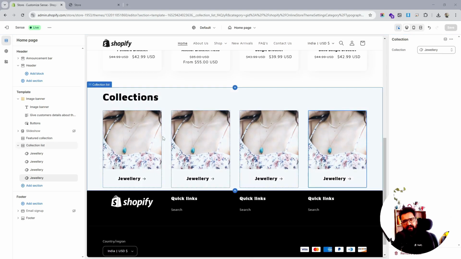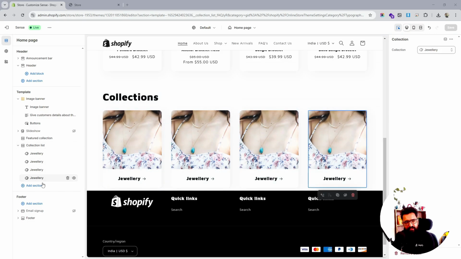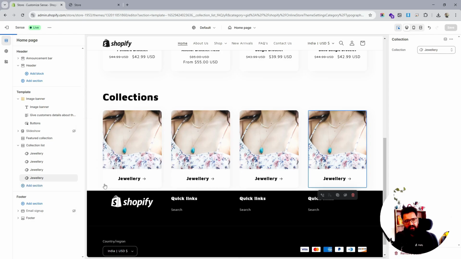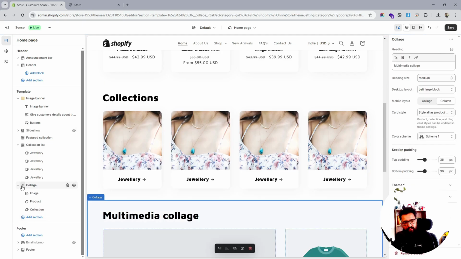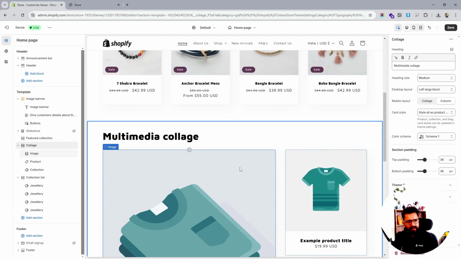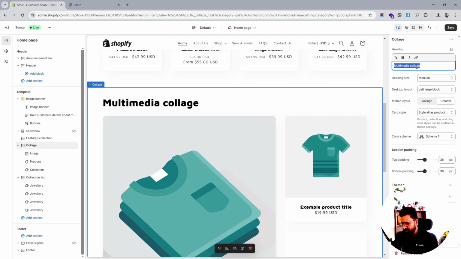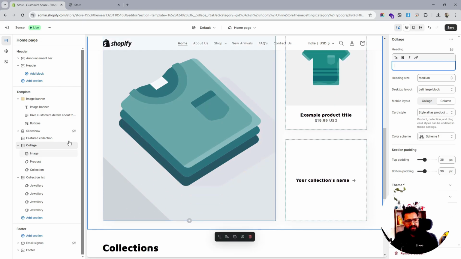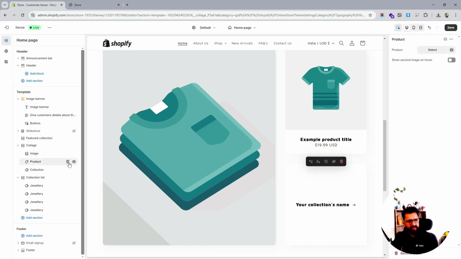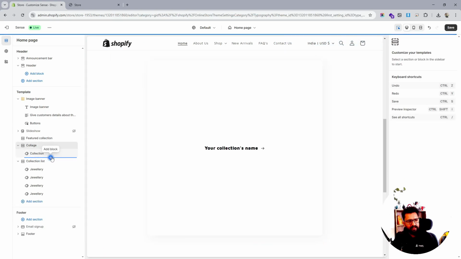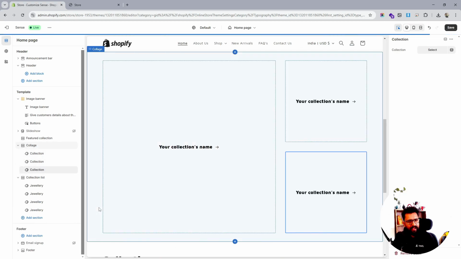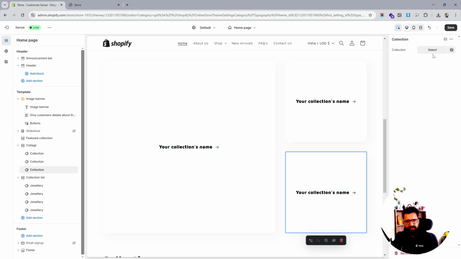You can add the collection like this, or there is a different way you can show the collection, which I believe is way better and looks very professional. So you can go with the other design, which is a collage design. So this was one design which I showed you, and the other one is this one. So we don't need this title over here. We just need to show our collections over here. So let's remove this product, we can remove this, and we can just simply show our collection and one more collection, and yeah, that's it. We can show our collection, and